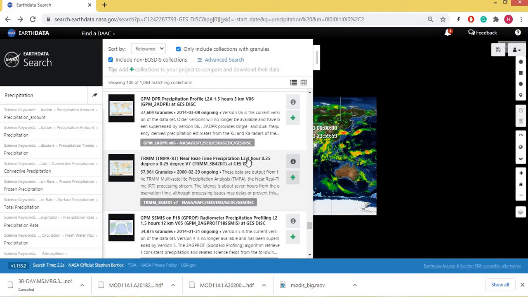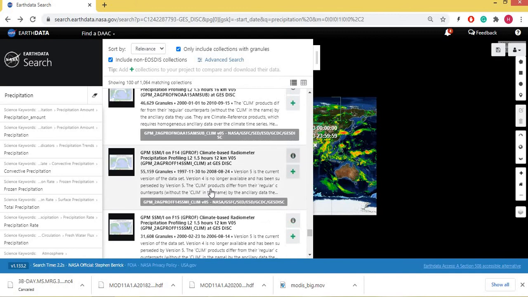Each image is available after every 3 hours, and its spatial resolution is 0.25 degree, I mean to say 25 kilometer. Its version is 7 and level is 3. Its product is TRMM_3B42 real time. RT means real time product.